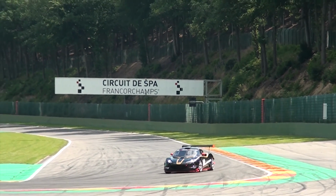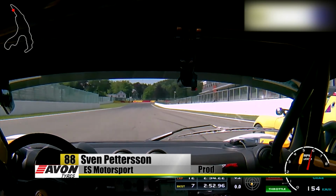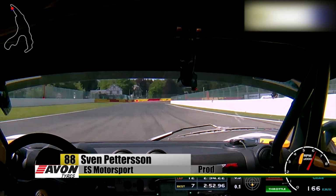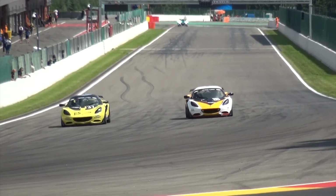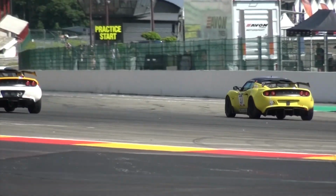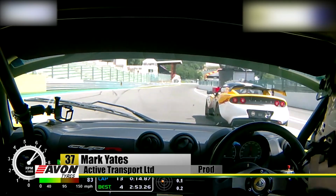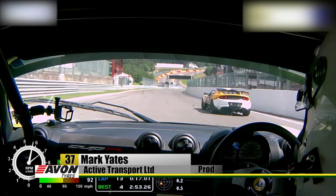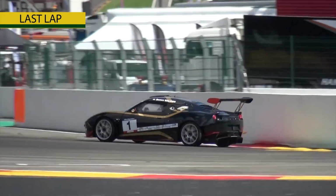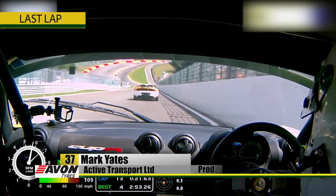Here is the Billy No Mates out front. Ben Spaller so clear, he's built up a big lead with Peter Verlinde, as Mark Yates is coming under pressure again from the 88 car, who is working that outside line. Can he do it? They're giving each other room and respect, which is wonderful to see. And again, Sven Pettersson, superb move, and that could be very timely, because